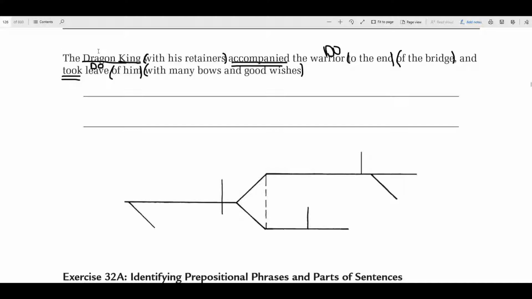The tells which Dragon King. So the goes here, and then Dragon King goes here. That's our subject. Now see this separates our subject and our predicate. So then our first verb is accompanied, and then our conjunction and. Okay. Accompanied has a direct object, warrior,